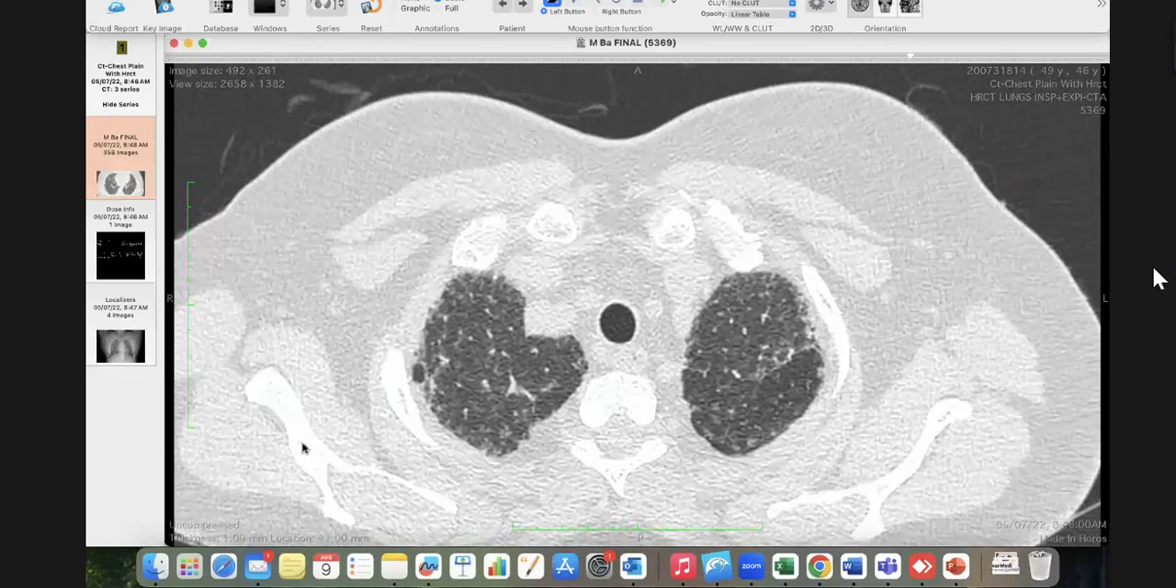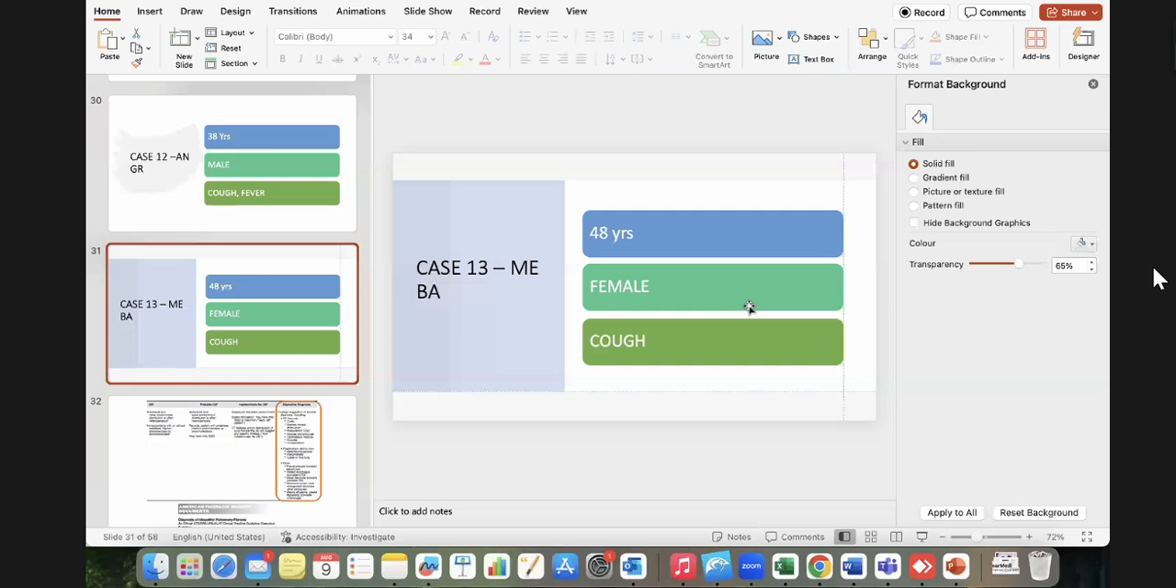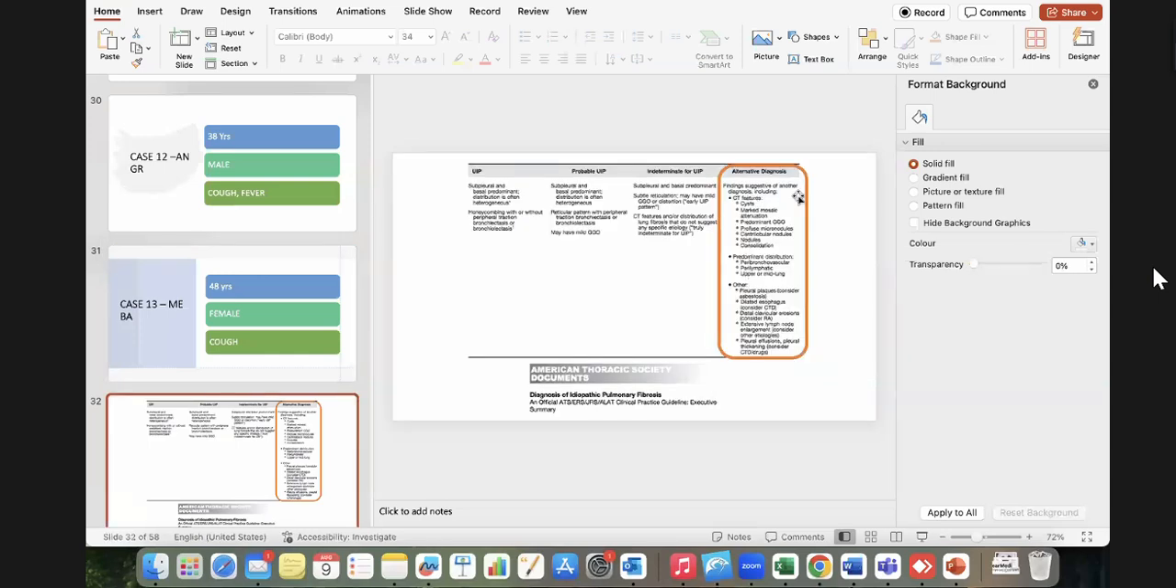And this classically falls into this bucket. Finding suggestive of another diagnosis. This is alternative diagnosis. This we are not calling UIP, we are not calling probable UIP, we are not calling indeterminate for UIP. And all these things are cysts, mosaic attenuation, predominant GGOs, micronodules, consolidation, perilymphatic or